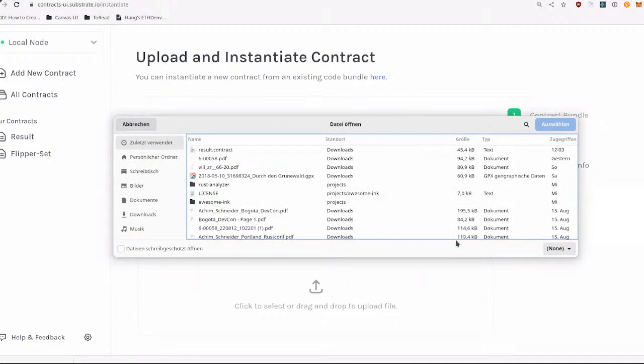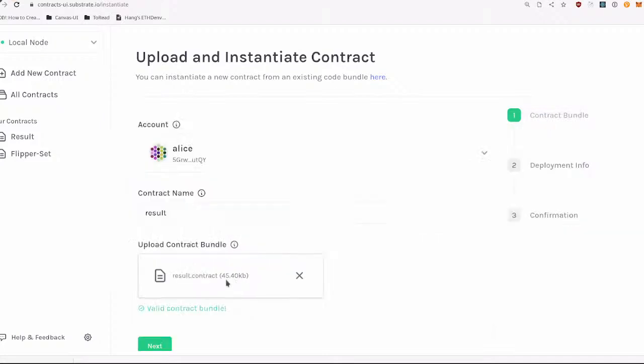So I go to upload contract bundle, I select this downloaded smart contract as my contract bundle which I want to upload, and I change the contract name to Flipper because this is a Flipper contract. Okay, so we are good to go. I go on next,